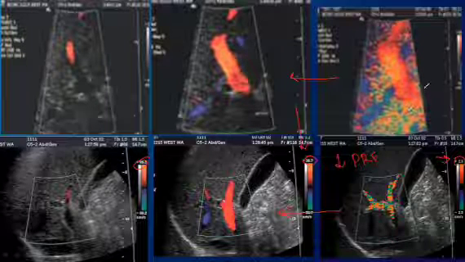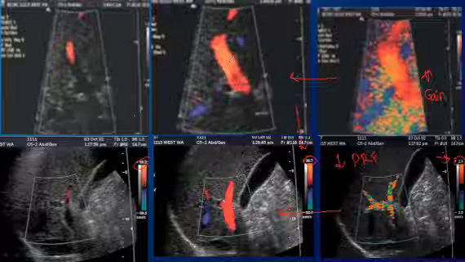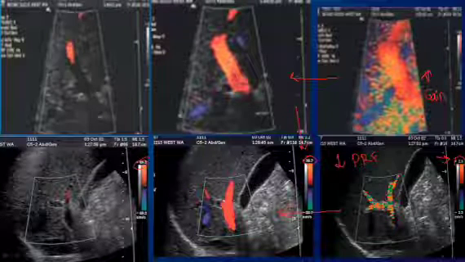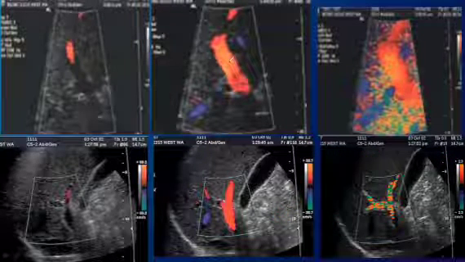When there is too much color inside and outside, this means what? That the gain is too high. It is the reverse. Then what to do? Decrease your gain. And voila, this is how you can control your color, by knowing the different functions. Now you're starting to talk Doppler.